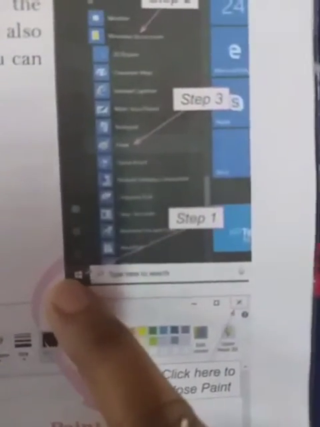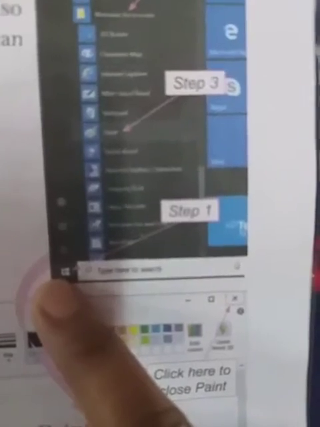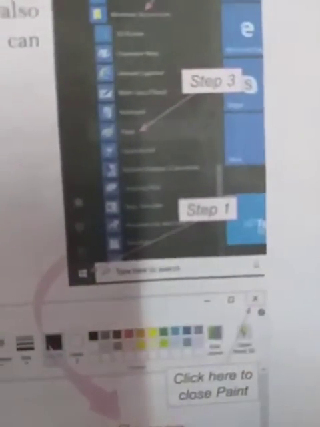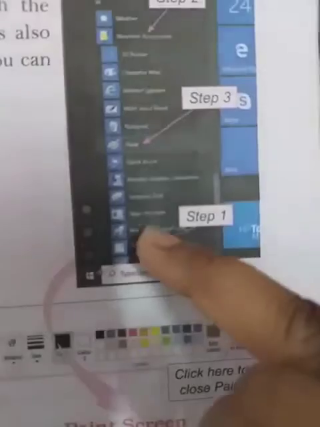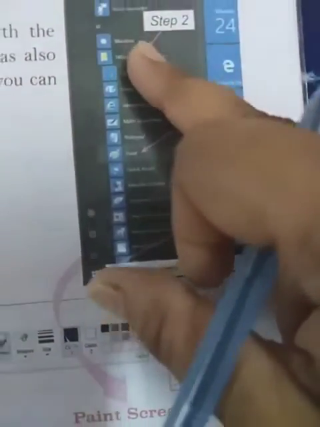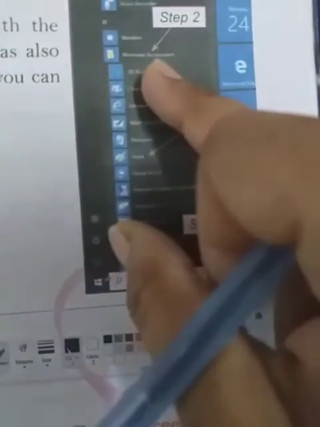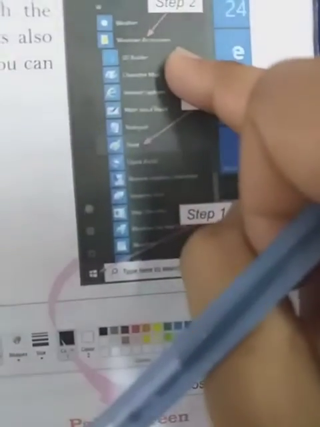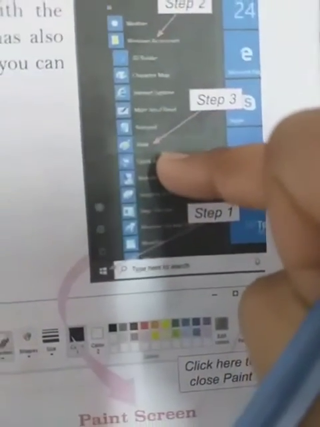Here, see, these are your icons, tools. First, you click the Start button. Then Windows Accessories will open. Then step 2, click on Windows Accessories. When you click Windows Accessories, the Paint option will show.